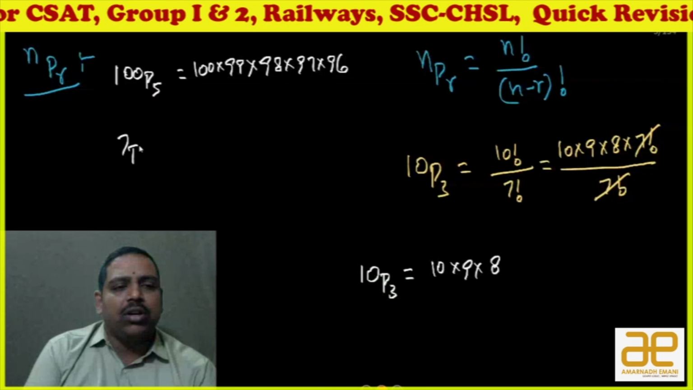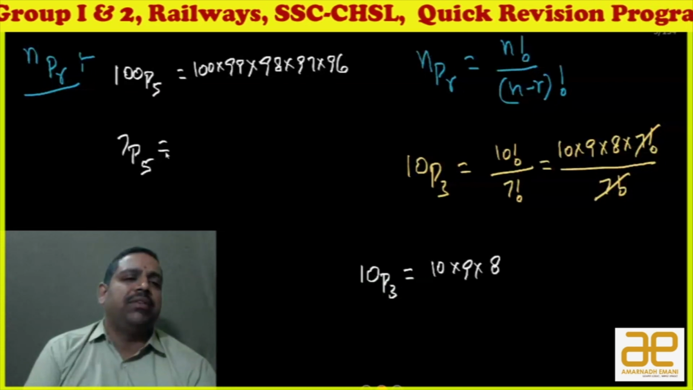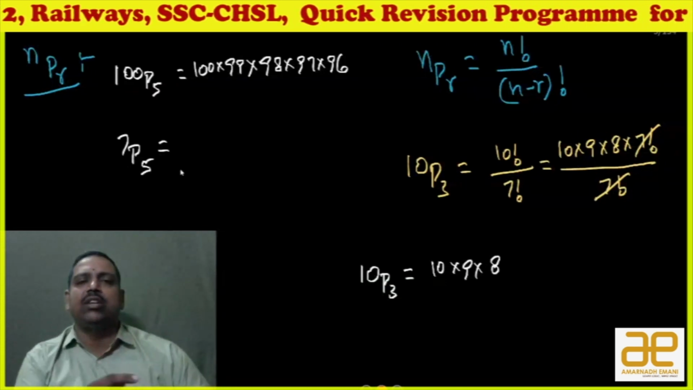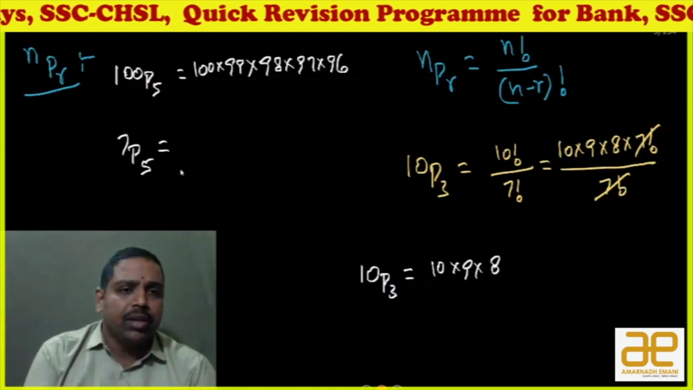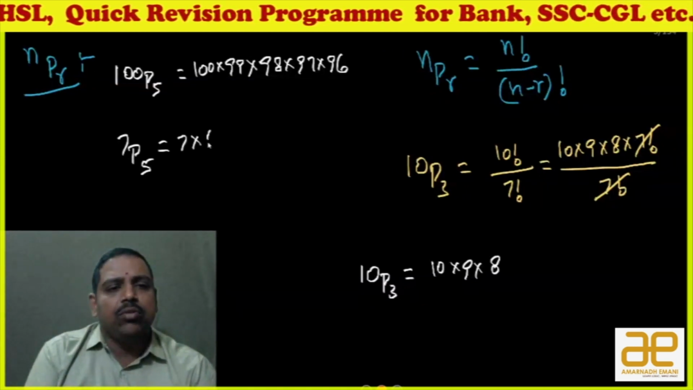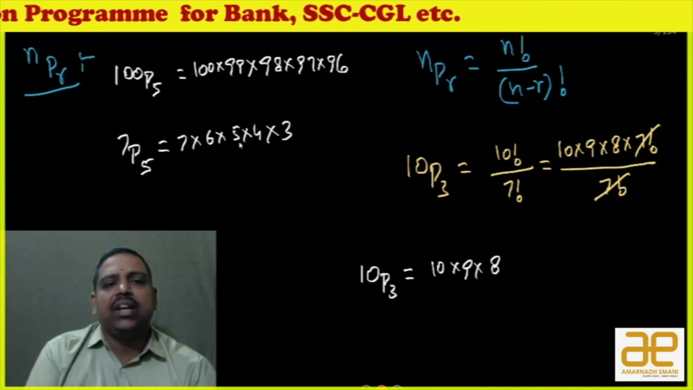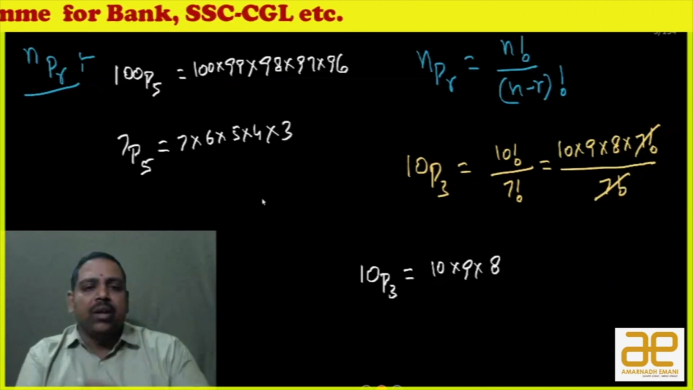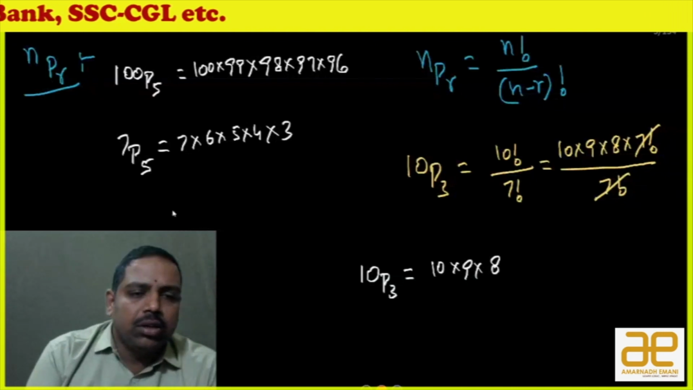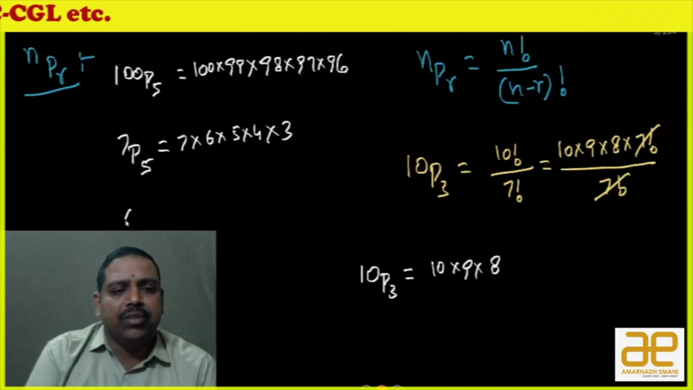At any place, if I want 7P5, 7P5 means 7 into 6 into and so on. How many times do I have to write? 5 times. So it will be 7 into 6 into 5 into 4 into 3. So 5 times completed. Okay, good. From this, what are the analysis points we have to learn is, number 1,